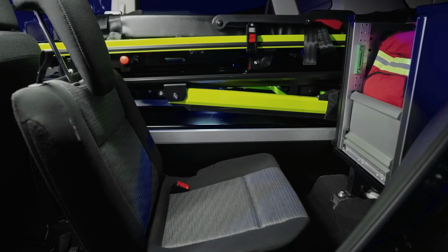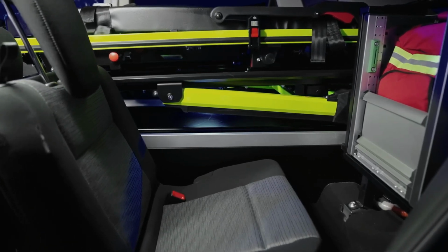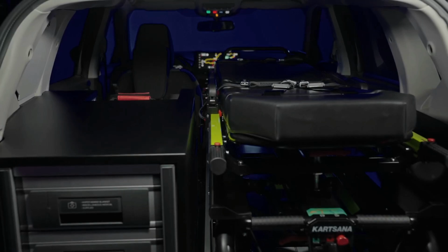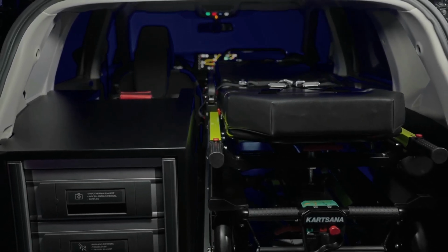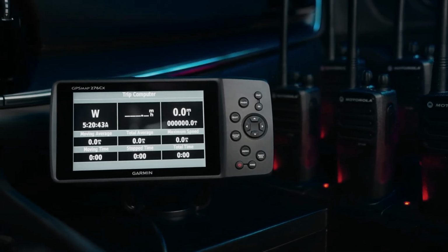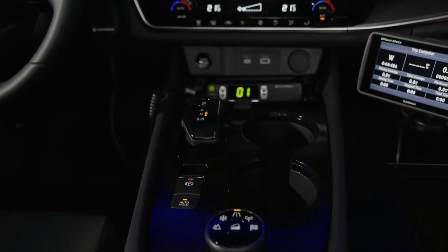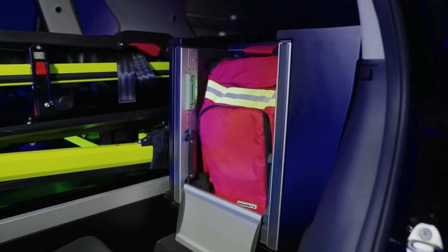Models using one of the 2.0-liter diesel engines are said to return over 50 miles per gallon, whereas even the entry-level 1.5-liter petrol will do around 40 miles per gallon, thanks to cylinder deactivation, which can temporarily turn off part of the engine when it isn't needed. We don't want to lie and tell you either of these SUVs drive like a sports car, nor